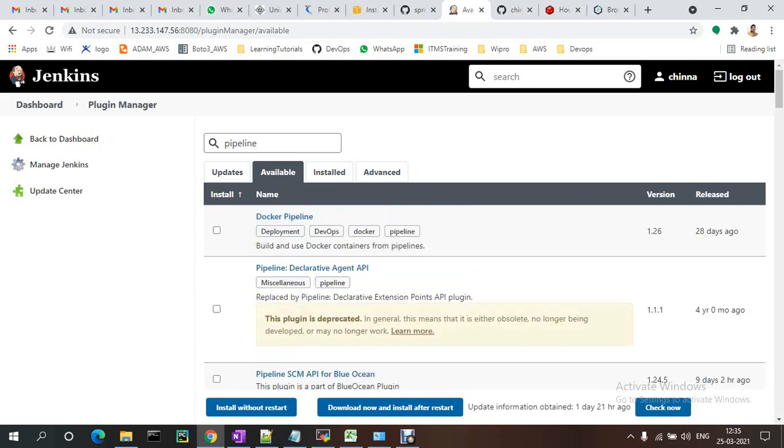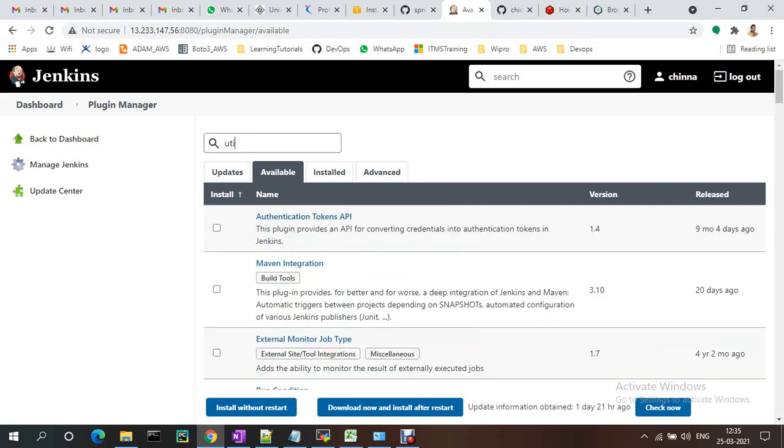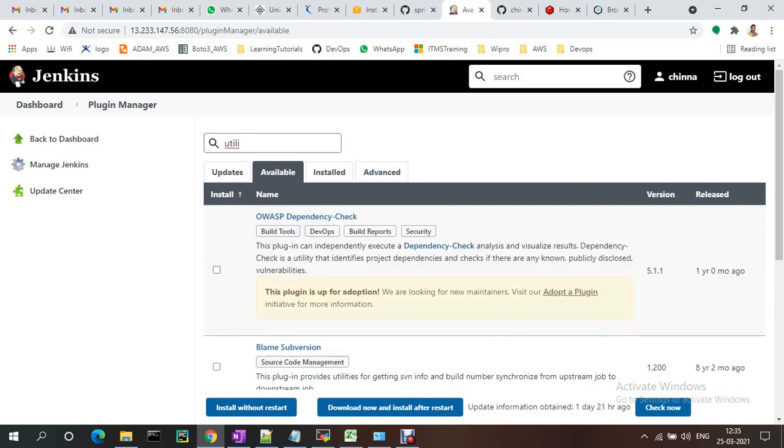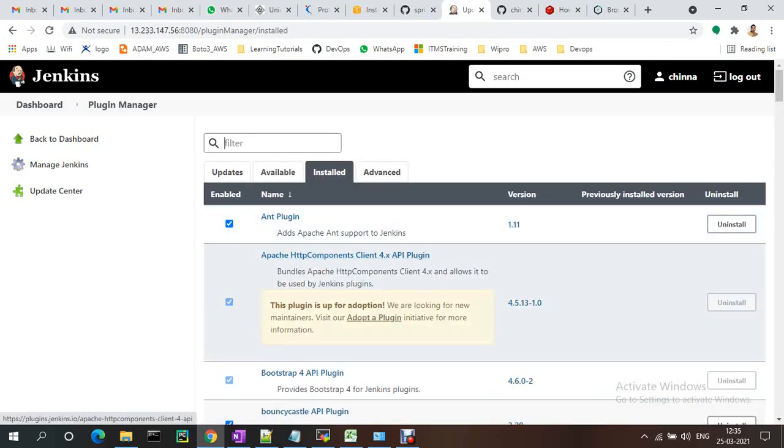Pipeline utility plugin. Build step pipeline utility.